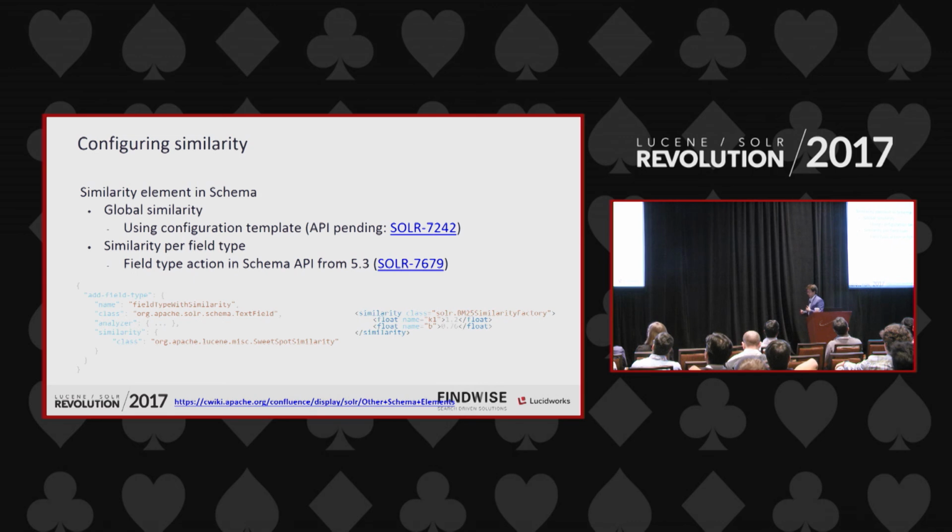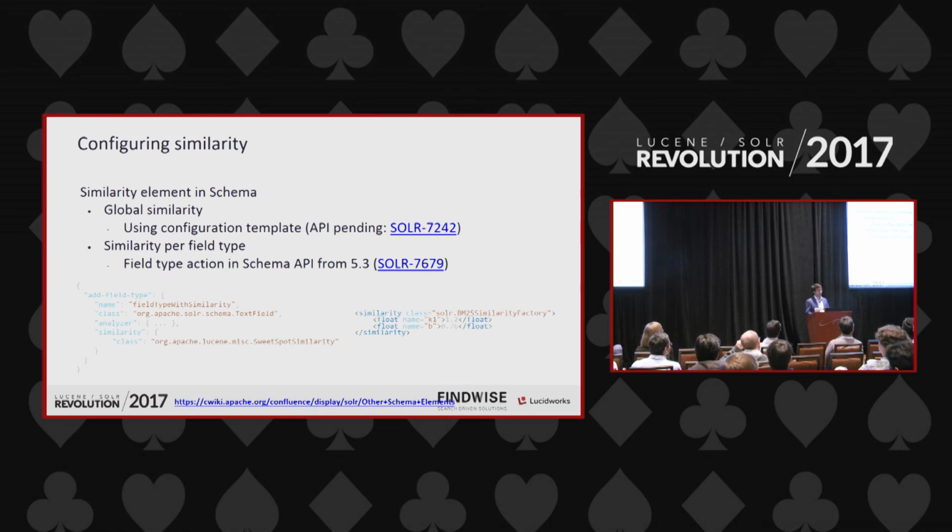Then we go to how do we configure this. And something that is a little tricky is we actually need to use some kind of configuration template. So we have to upload a template with the schema template that will have this XML configuration that I'm showing you right there on the right to be able to initially configure it. There is a pending Jira case on Solr, so probably eventually we will have an API that will allow us to actually change the similarity. But since it will affect all the index, it will be something that will allow us to set it up at the beginning when we create a new collection.